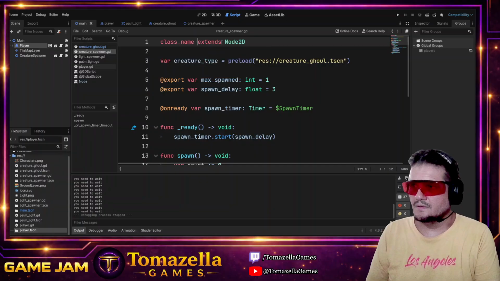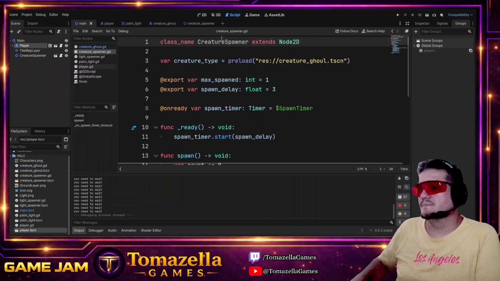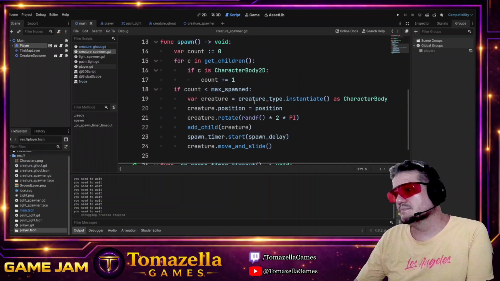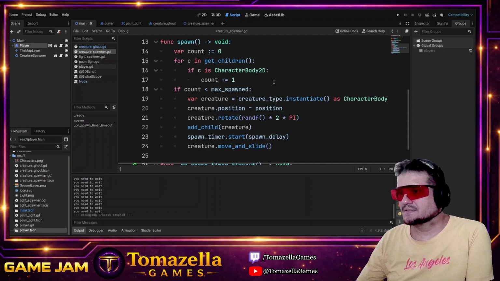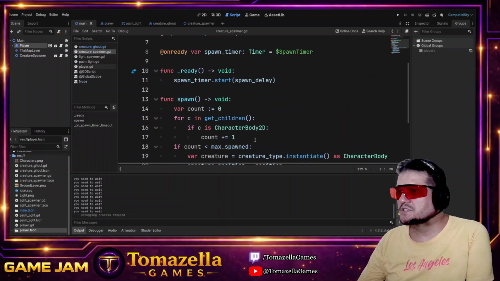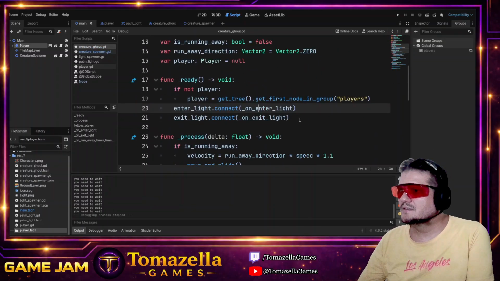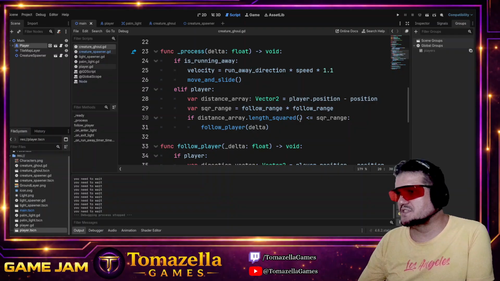Just set the position and just add it as a child. Child just spawn and you just make them move. But here, where the logic is stored,